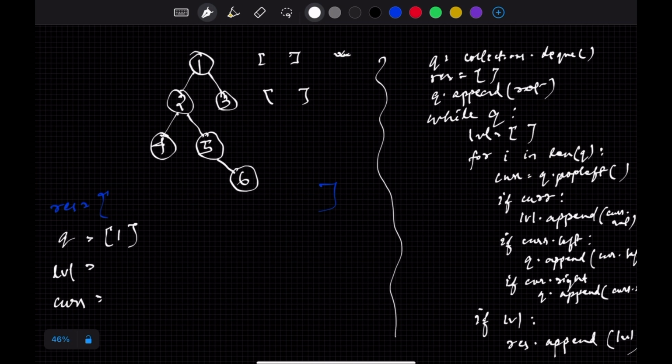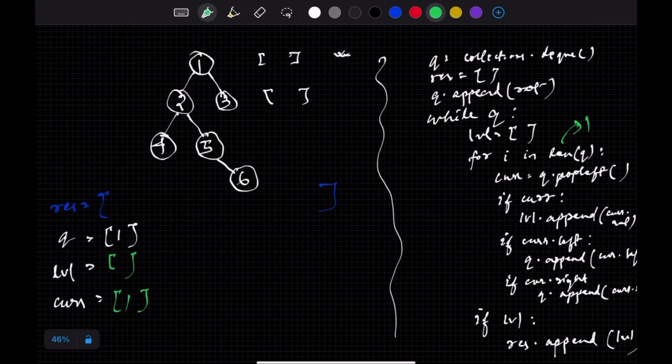After we have initialized our level, we will check the length of our queue. Right now the length of our queue is 1. So while the length of our queue is 1, we will pop the queue's leftmost element and